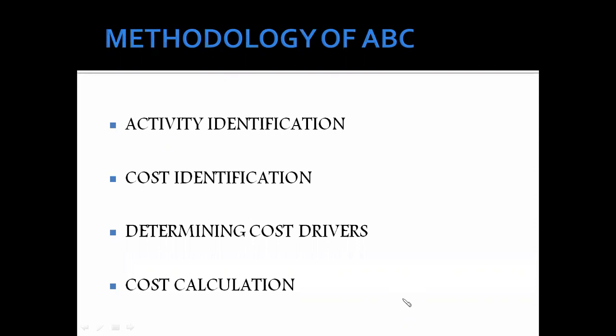Then after that, the cost driver. Now what will be the cost driver? For example, in a machine operation, the cost driver will be how many hours the machine was operated. For a warehousing or storage unit, the cost driver will be the number of units stored or the number of days the goods were stored. For a transportation activity, the cost driver will be the type of product being transported, the distance, the time taken, the kilometers traveled, those things. After that, the last step, we will be calculating the cost.